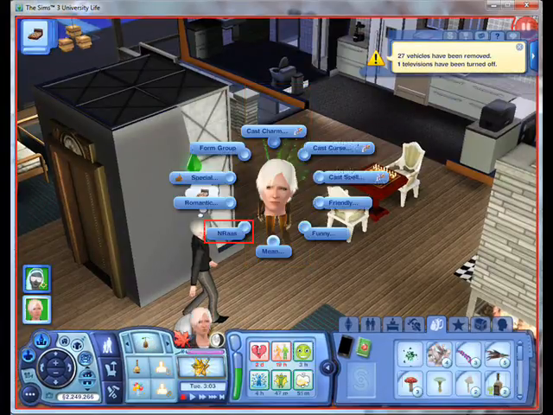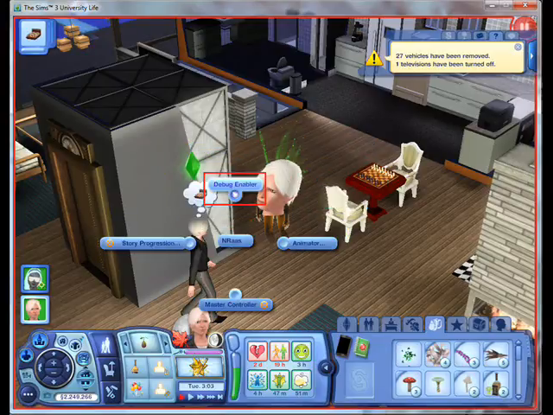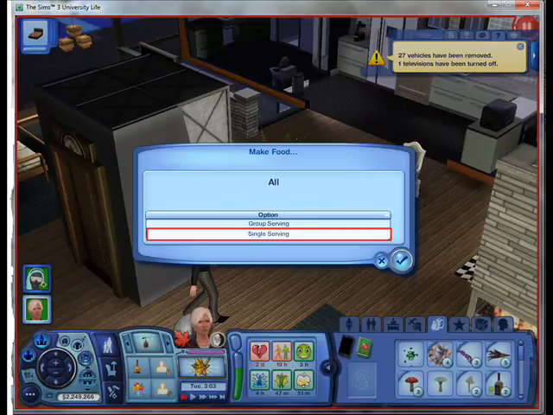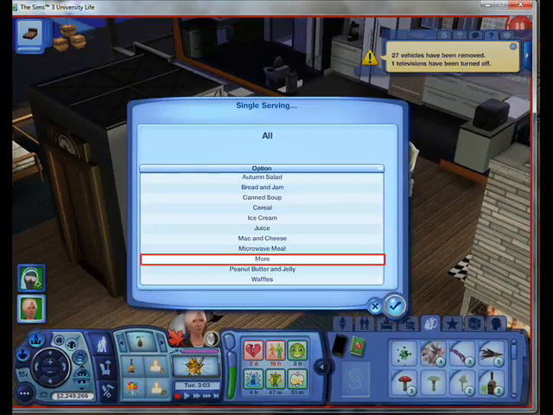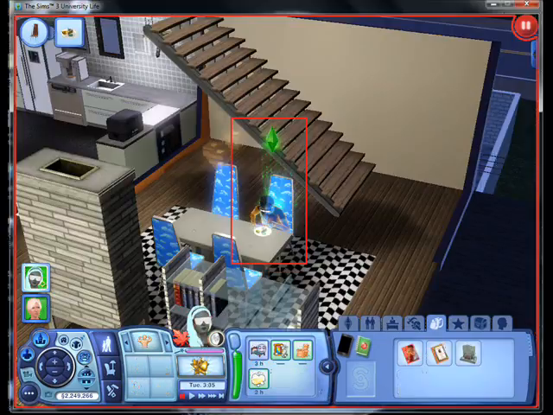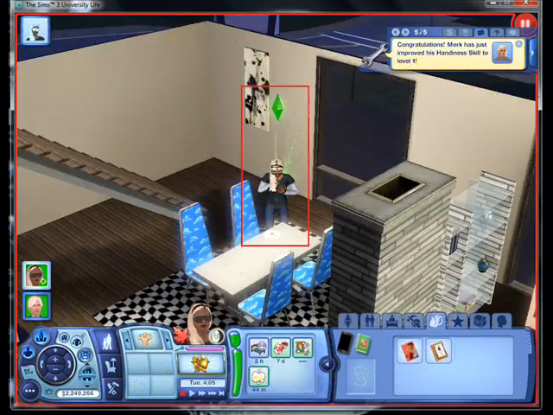Click a non-active sim, NRAS, Debug Enabler, options: sim, make food, single serving, more, ambrosia, and the item will be generated instead of actually going through the tedious process of making the ambrosia yourself.